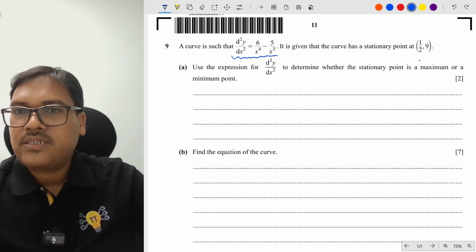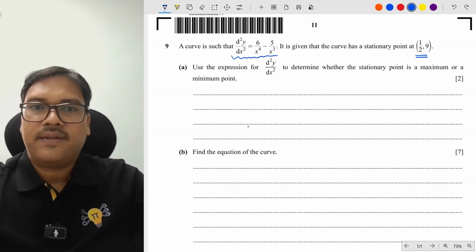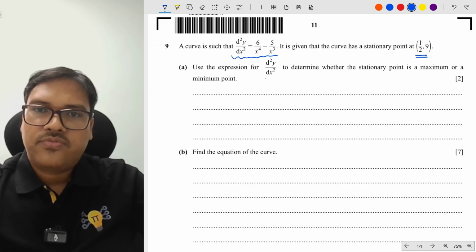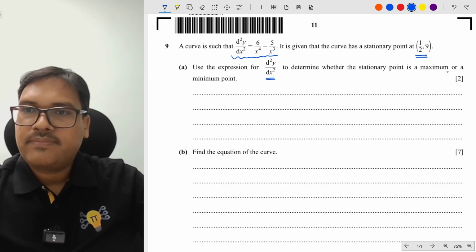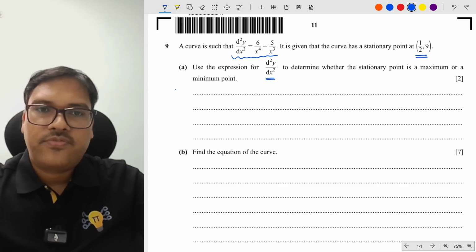It is given that the curve has stationary point as (1/2, 9). Use the expression for d2y by dx2 to determine whether the stationary point is a maximum point or a minimum point. Okay, so we know that for maximum or minimum point,